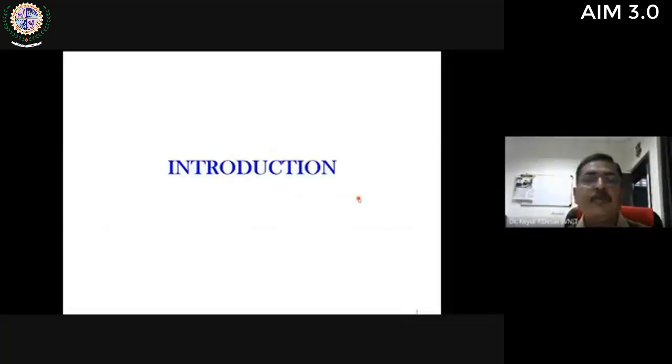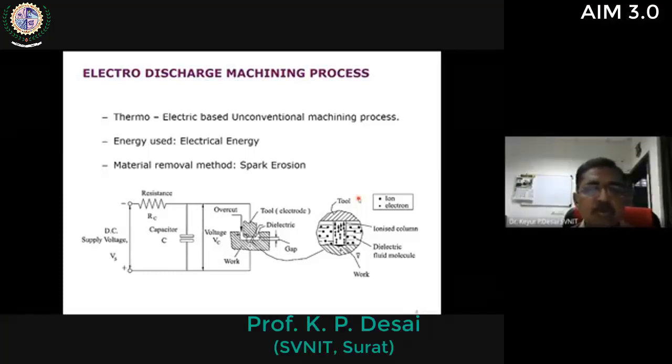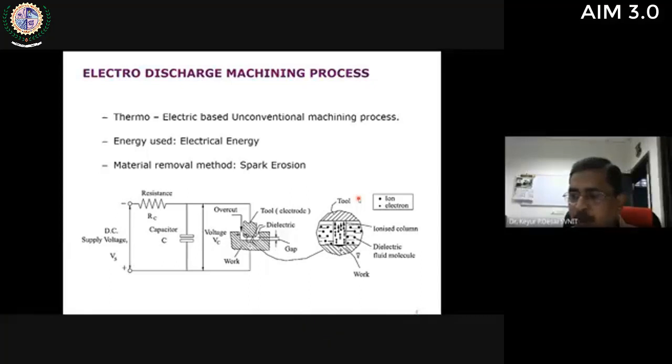Towards introduction, as we all know, the electro-discharge machining process is a thermoelectric based unconventional machining process wherein the energy used is electrical energy, and that energy is released in the form of sparks. So spark erosion is required for removal of material. When a workpiece, which is a conducting material, and a tool are separated at a specific distance, and that gap is filled with dielectric fluid medium,